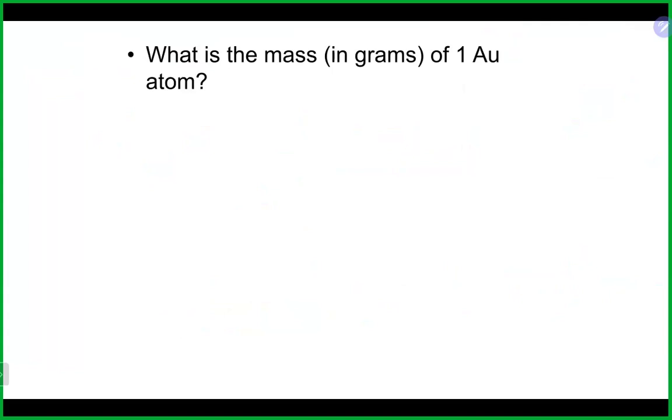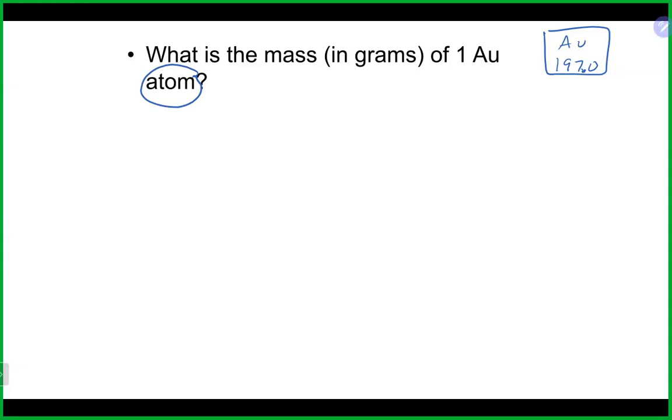So why don't you try this one? What would be the mass in grams of 1 gold atom here? And if we look at gold there, it is 197, it looks like. So 197.0 is what we got going on. I heard both answers. I think one of them should be right. The answer that is right is yes, because here we see the keyword we should be looking for, which is